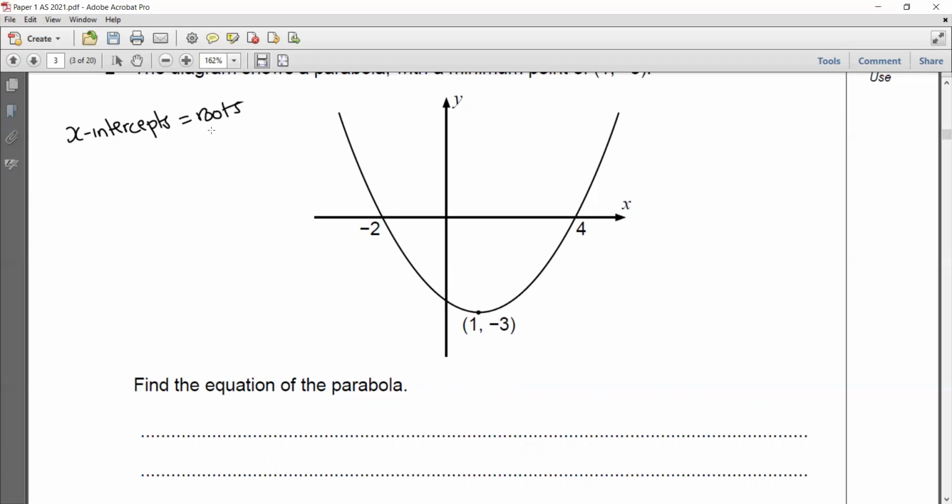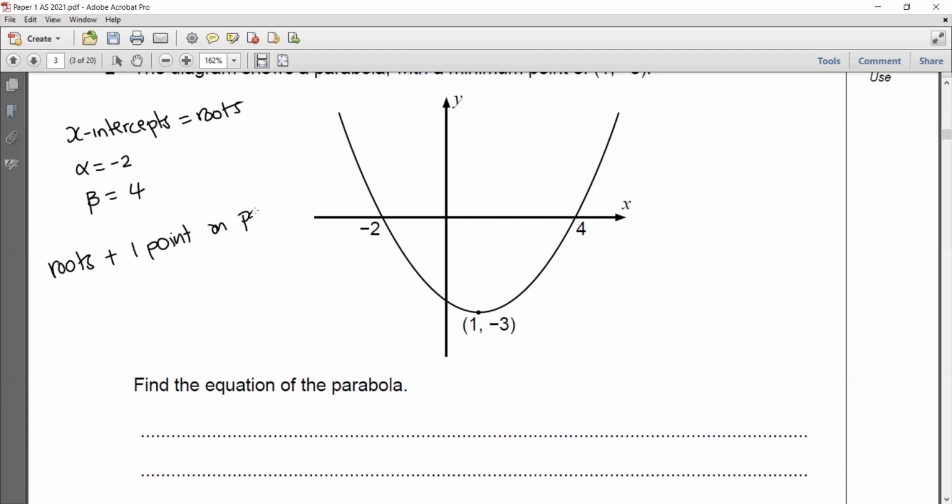Okay, now when you're given the roots or the x-intercepts of a parabola, what you can do is call the first one alpha. So you can say alpha is equal to negative 2. So I'm just reading from the diagram. And then the second one, beta, is equal to 4. Okay, so what I have is I have the roots and I have a point that lies on the parabola. So here, take note that I have the roots plus 1 point